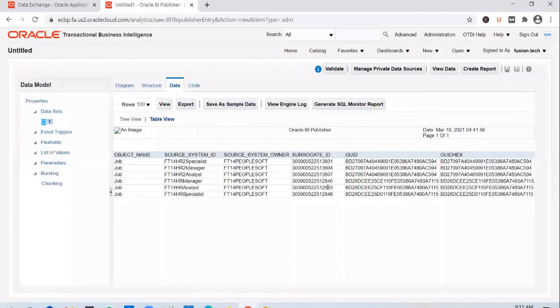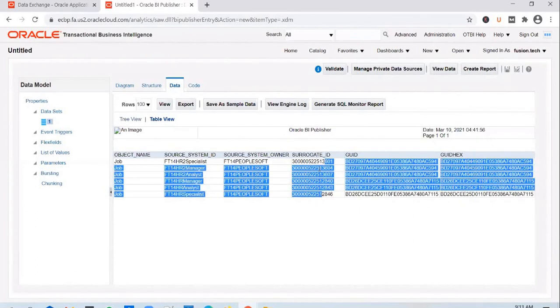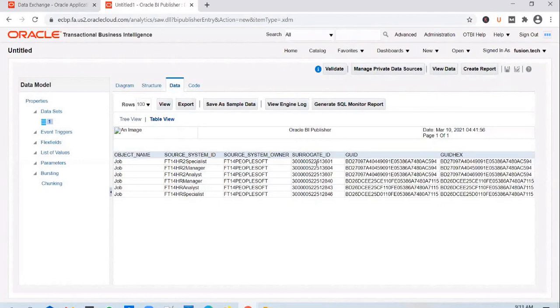So in here, you see a surrogate ID, right? If you copy this and query the jobs table, these are nothing but the job IDs, the surrogate ID. The surrogate ID is again a primary key within the object, and you will be able to identify a unique job with the help of that surrogate ID. But this surrogate ID is unique only within the business object.